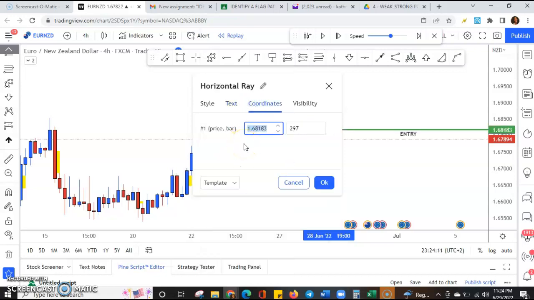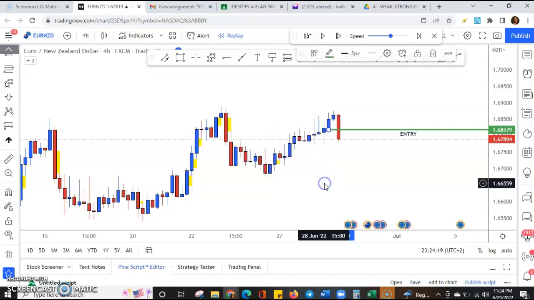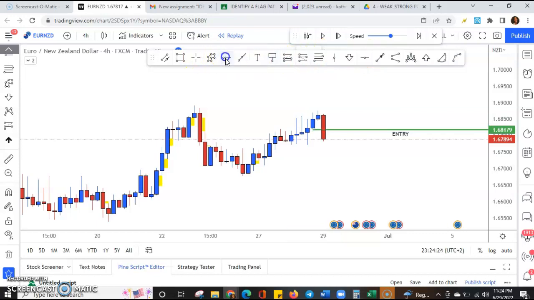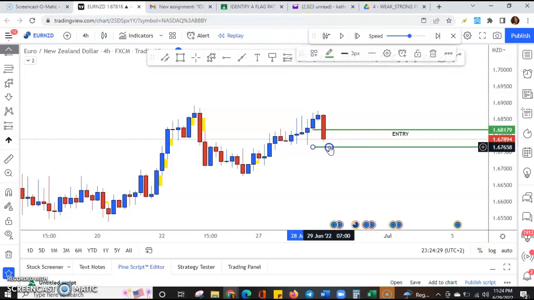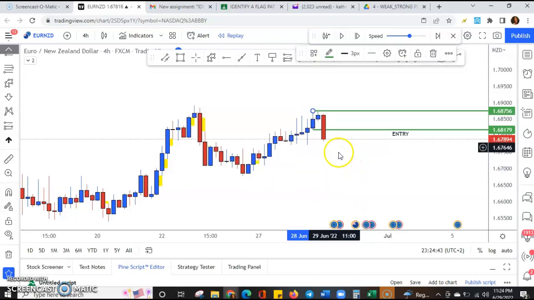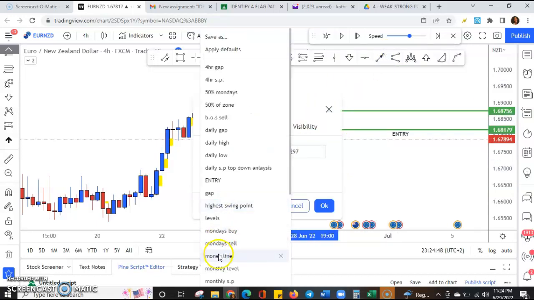So his entry was at 1.68179. Okay, so he took his entry there. And his stop loss was at, looks like it was at 1.68756. So above the high, a little tight there, but okay,